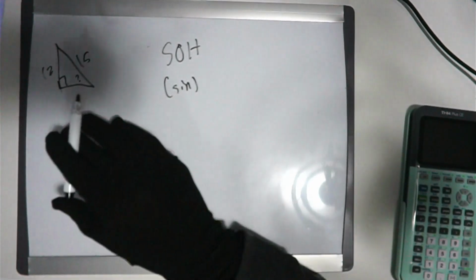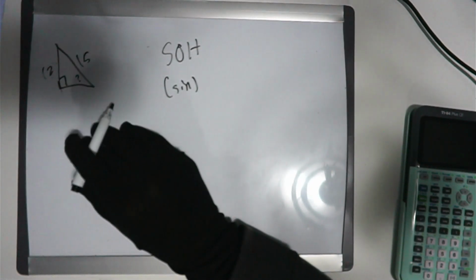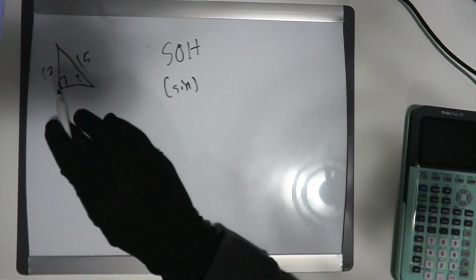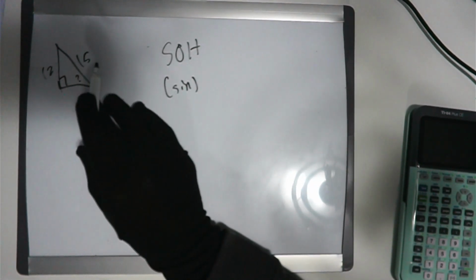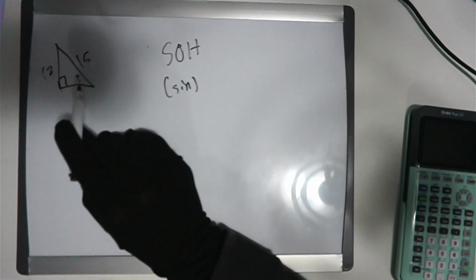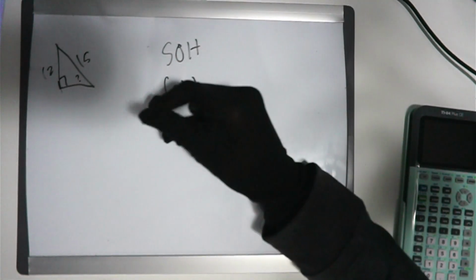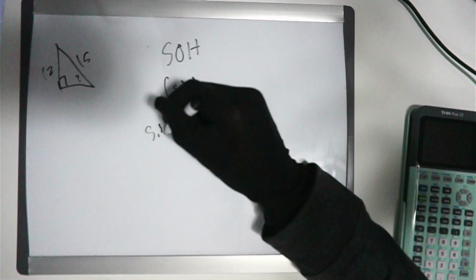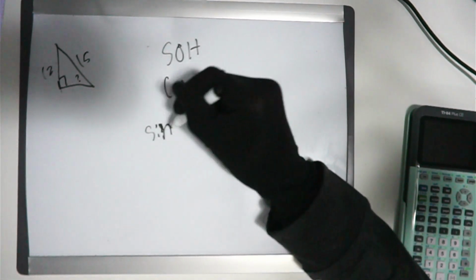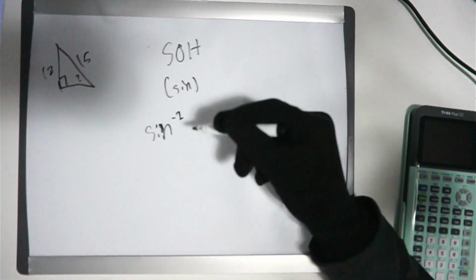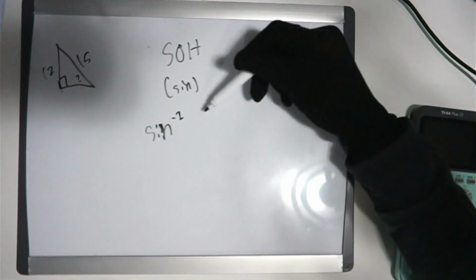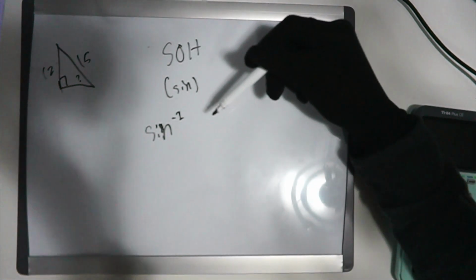So to start, we know this is SOH because one of our numbers is opposite from the degree, and one of them is the hypotenuse. Although it is adjacent, it is also the hypotenuse, and that takes over. So that means we know it is sine minus 1. If you're ever trying to find the degree and you don't know when to use minus 1 or not, then what you can do is,